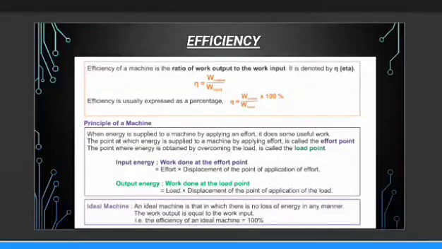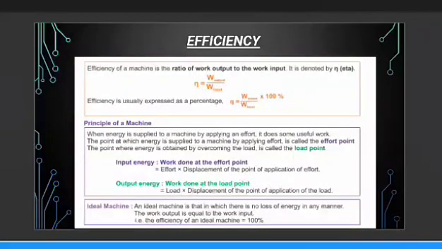Now what is the principle of machine? Principle of machine is very simple. Whatever is your input energy, it should be your output energy. What should be the principle of a student with respect to his parents? His parents will always think if the paper is of 100, the input is 100, the output should also be 100. Right? Same way, the principle of machine is input work or input energy should be equal to output energy. Clear? Means if you are applying 100%, the output should also be 100.